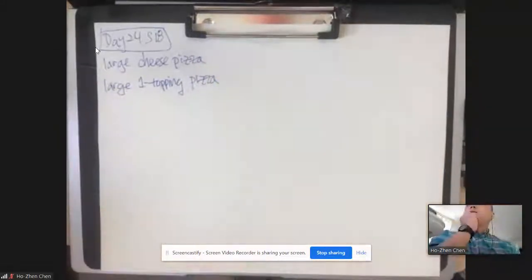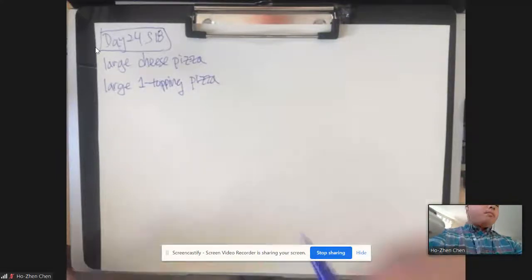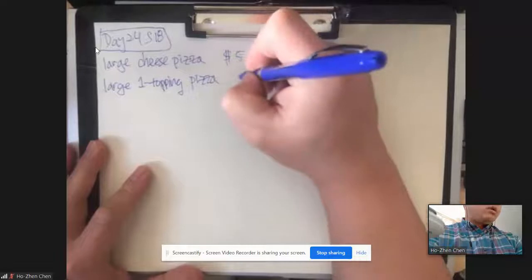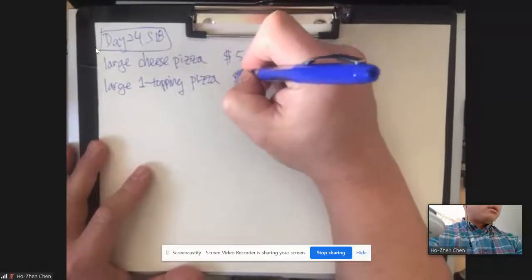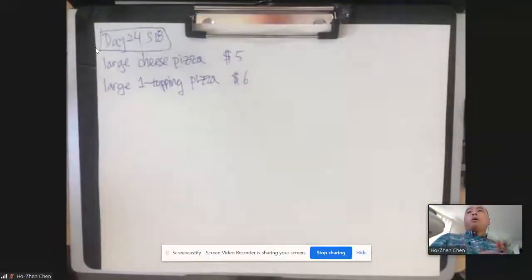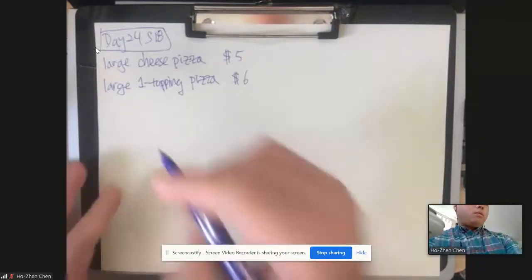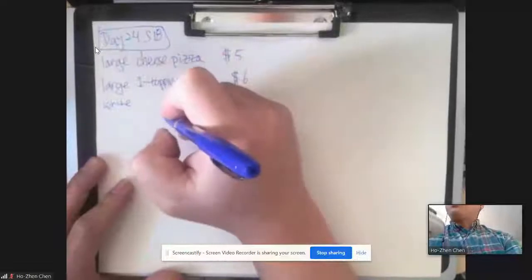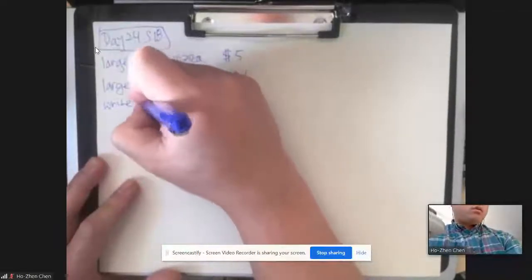Large cheese pizza costs $5 each, and one topping costs $6 each. We're given that. What's the request? So write an equation